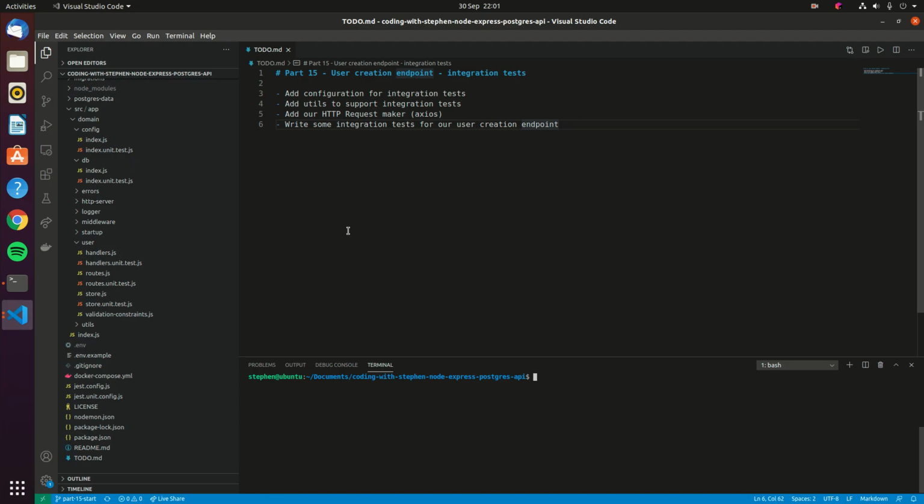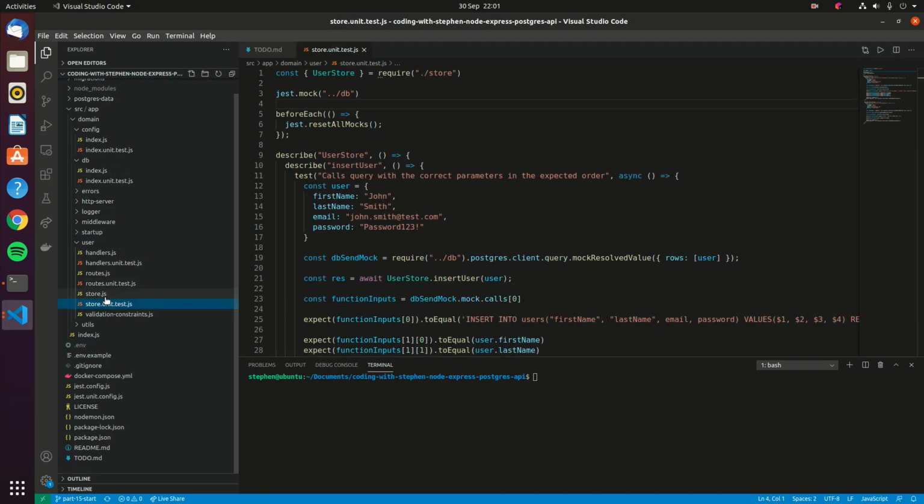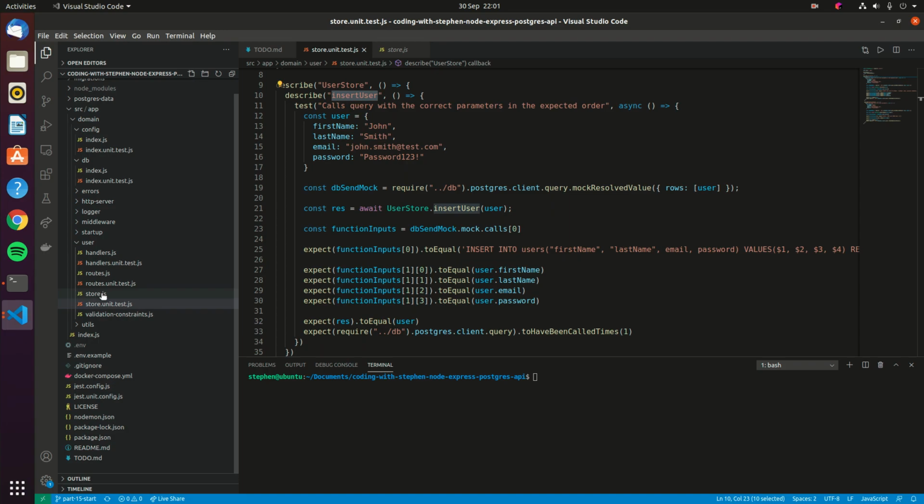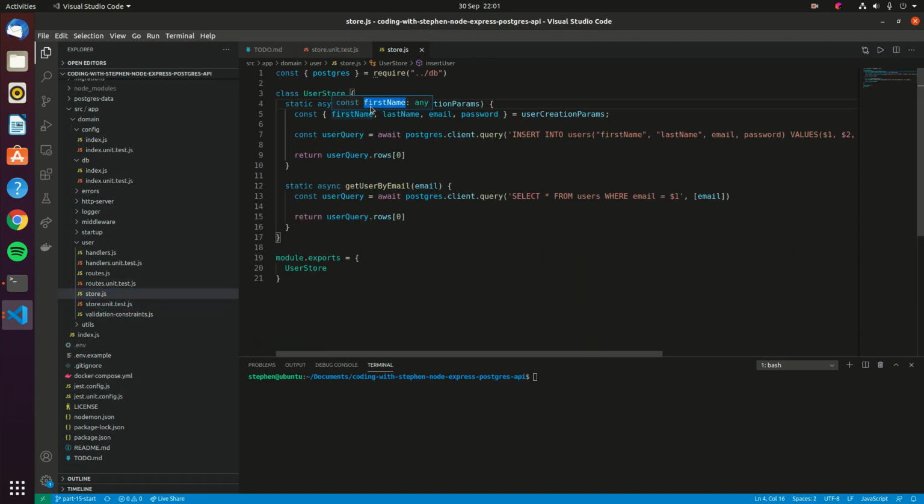Today we're going to continue our work on our user creation endpoint, and we're actually going to build some integration tests. So far we built unit tests, which are great for testing individual blocks of code. Let's take this insert user for example. This insert user unit test checks this particular function here, that all of the code within here does what we